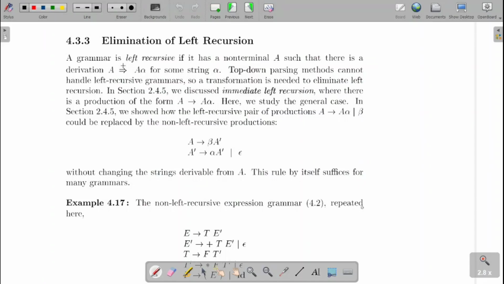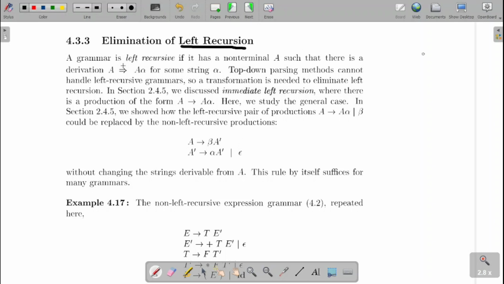To start with, when we started this chapter under syntax analysis, we came across three different types of parsers: top-down parser, bottom-up parser, and the universal parsers. The universal parser, as I told earlier, is a theoretical concept; the practical implementation is too costly. The other two parsers are top-down and bottom-up parsers. For top-down parsers, a requirement is that the grammar should be free from left recursion. Then the obvious question appears: what is left recursion?